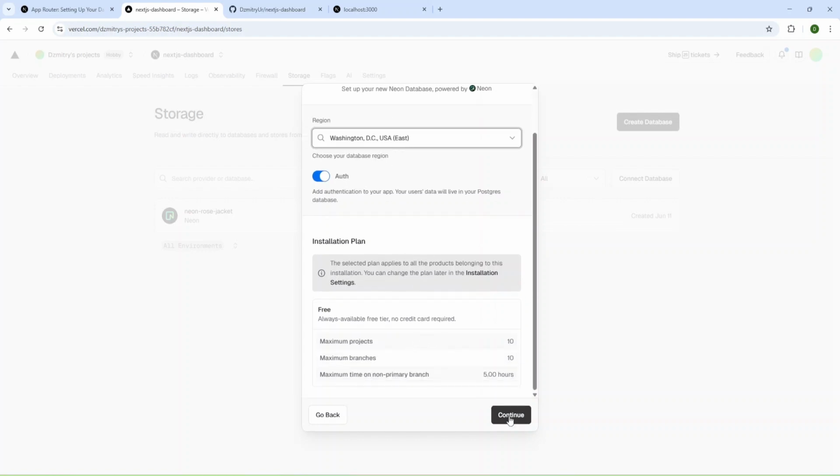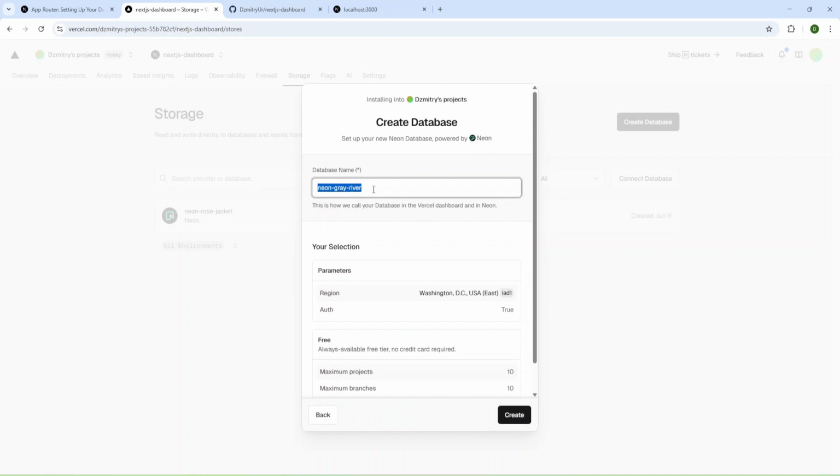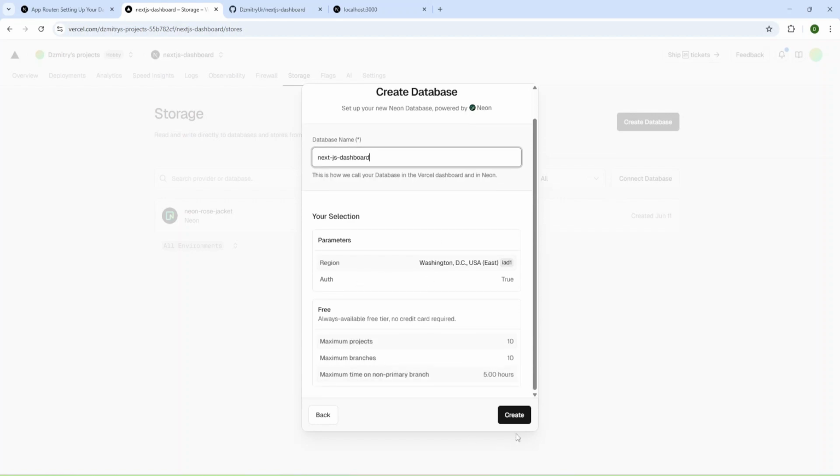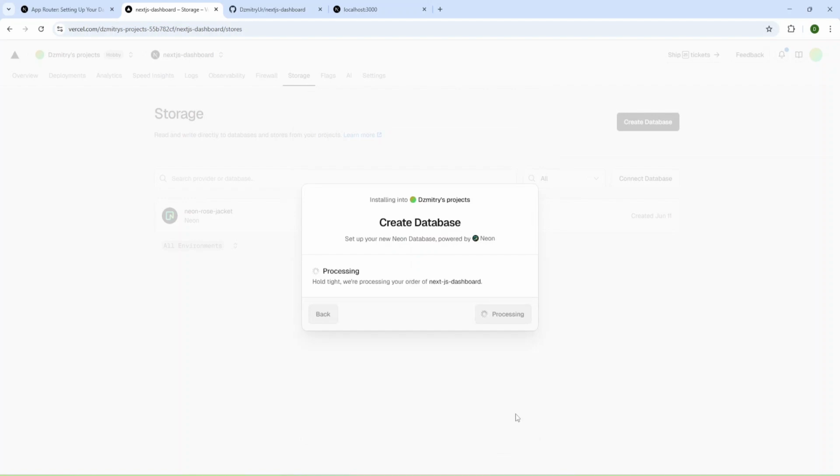Now I can press continue. And now we can provide a name, and let me add something like next.js dashboard, and we'll press create.